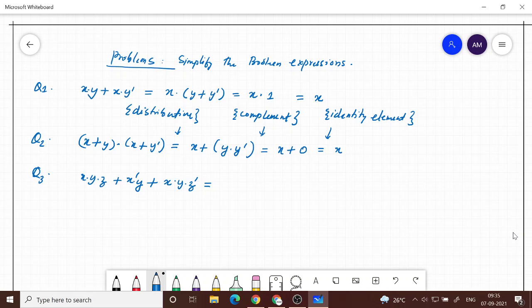So if you look, y is common everywhere, so you can arrange the expression in such a way that y will come first. So that will be the commutative property, x and y or x dash and y you can interchange. So that will be y dot x dot z plus y dot x dash plus y dot x dot z dash. So what I used is basically the commutative postulate,